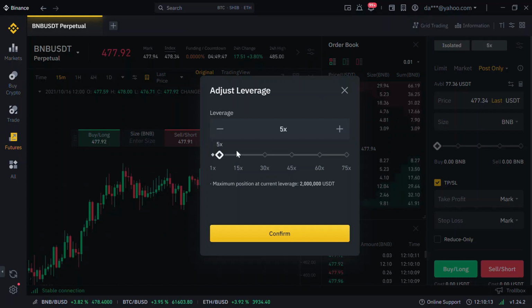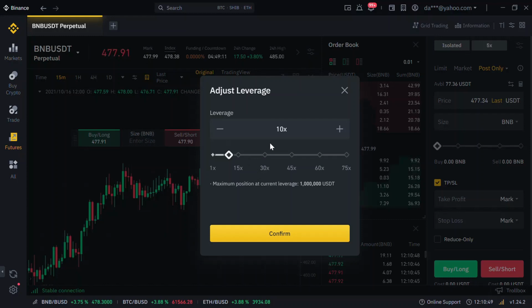That means my buying power or my selling power is 5 times more, which is $500. If I'm using a 10x, that means my $100 position is currently worth $1,000. Okay, so if BNB moves 10%, that means I'll make 10% of $1,000, which is $100. Same if it decreases by 10%, I lose 10% of my